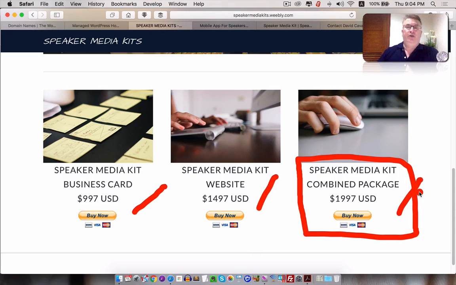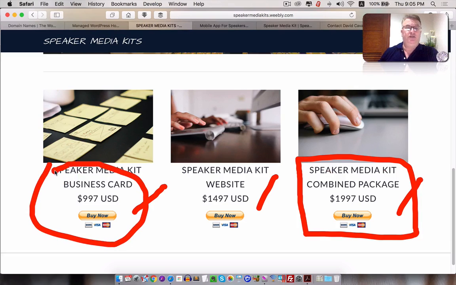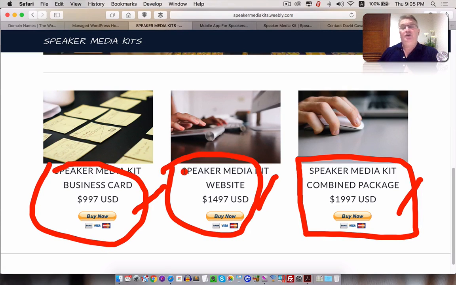So, what's my recommendation? Okay. If you're only just starting off and you want something quick and simple and you want to upgrade later, pick the first option, $9.97. If you want a desktop, laptop solution with everything locked and loaded, pick the second option. If you're smart, intelligent, and you really, truly think I'm going to bite the bullet and do something, and I really, truly want to do speaking as a career, I want to promote myself, and I want to follow the lead that Ernesto, David, Mitch, David Crane, Christian have given us, definitely get the third one. If I were you, I'd get the third option. But again, I'm not you.